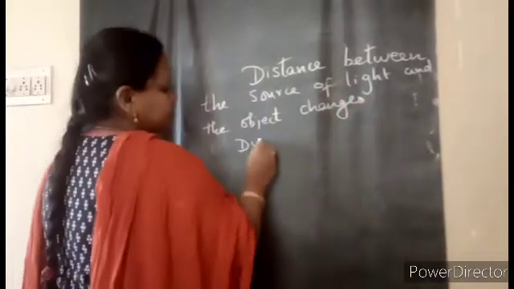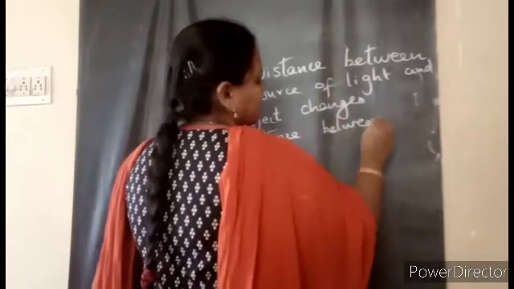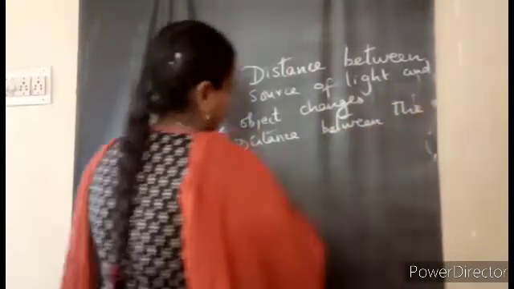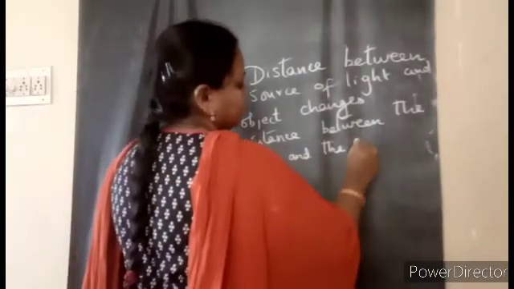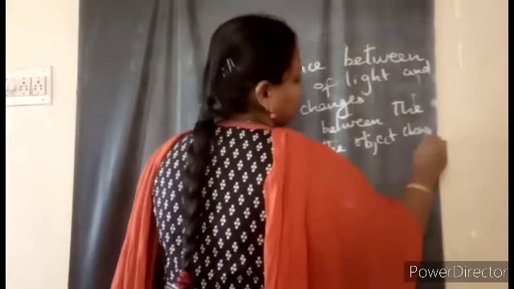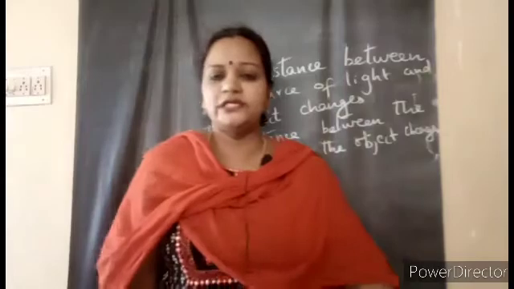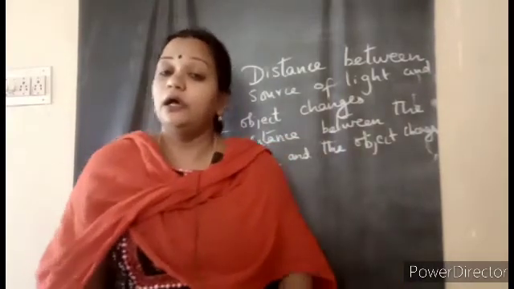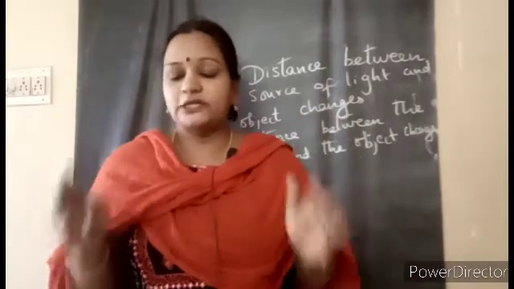Also, when the distance between the screen and the object changes, yes. So due to these two factors, the size of the shadow changes. Sometimes even yours also, you can see the longer shadow, you can see a slightly smaller shadow than you. So that is a shorter shadow than you.